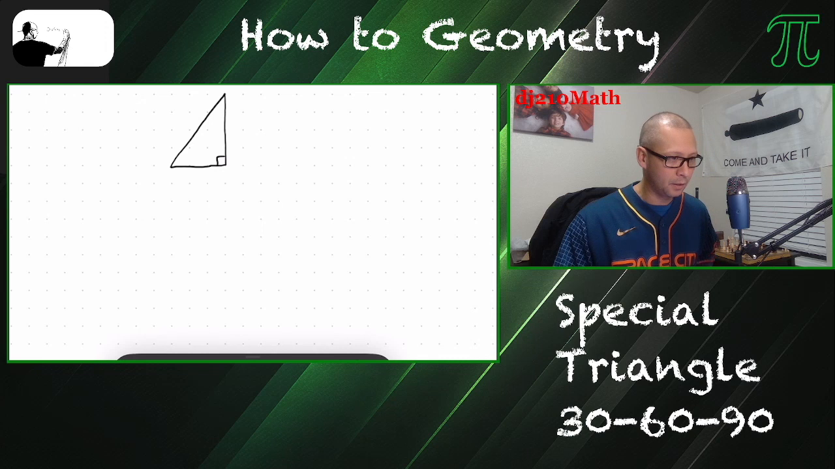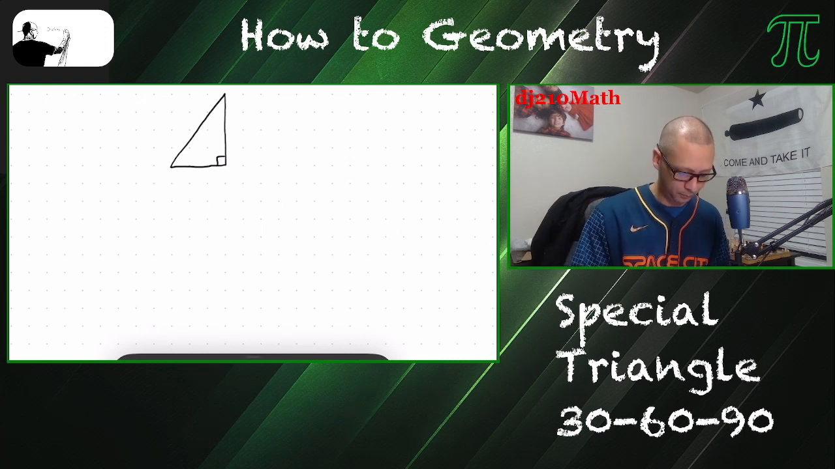All right, so here we have our right triangle. Obviously, we have the 90 degree angle, our 30-degree angle, and our 60-degree angle. A couple things to note. In this particular case, when you have 30, 60, and 90, there's always going to be two legs and the